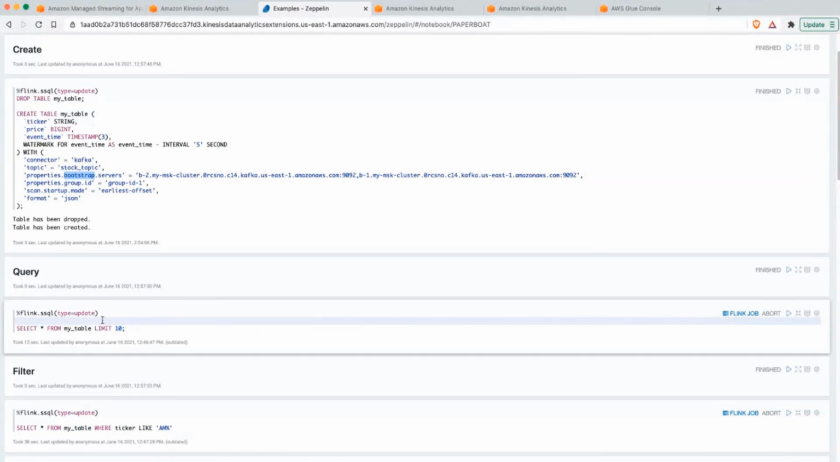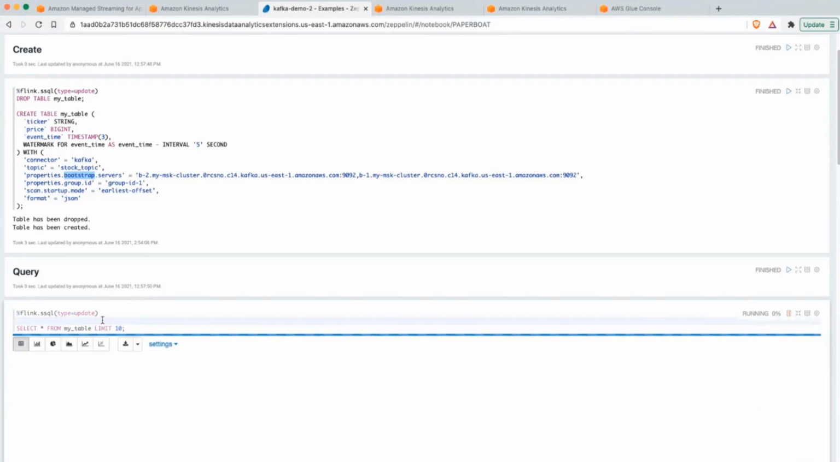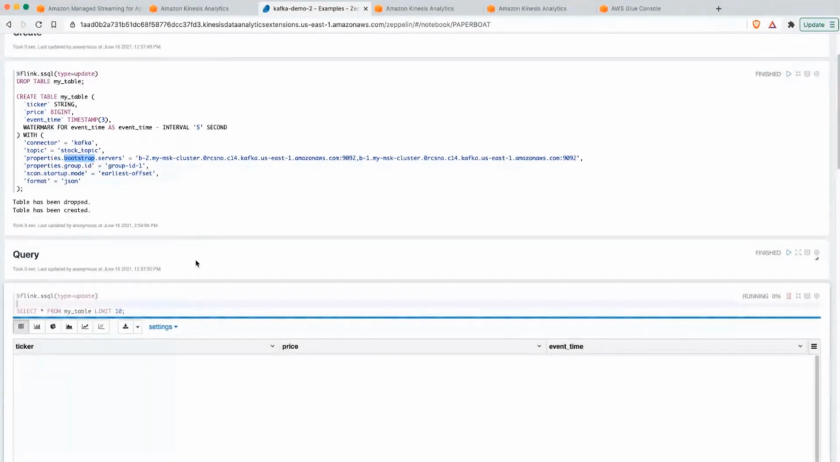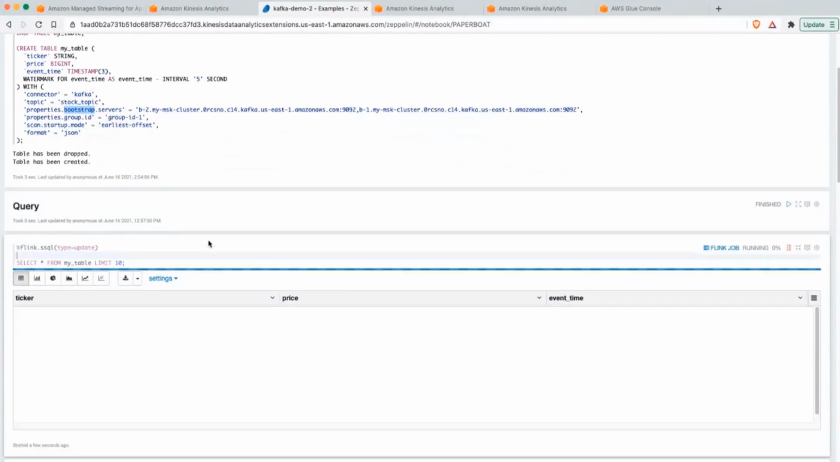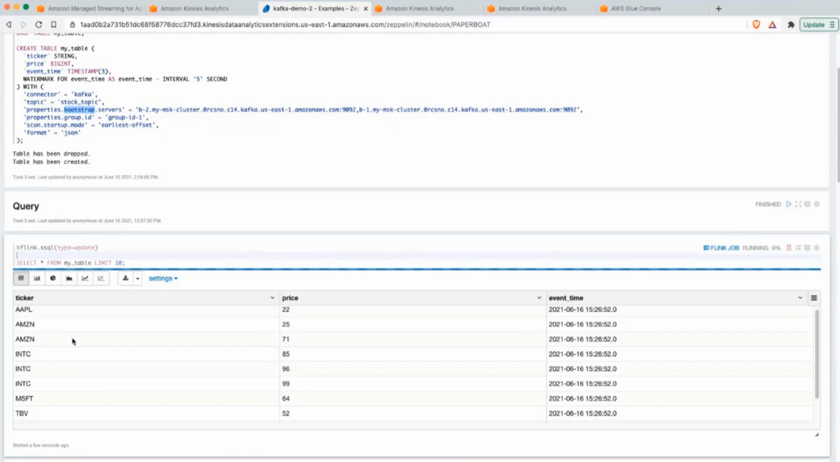And right away, we can go ahead and execute this second paragraph, which is called query. And within a few seconds, we should see some results come back from the table. You can see on the top right, we have a Flink job running, and we have some results coming back. Now, I have limited this result set to 10, just so that it's a little bit more interesting when we look at the visualizations. But you can see that within a few minutes, we're already able to receive data coming back from